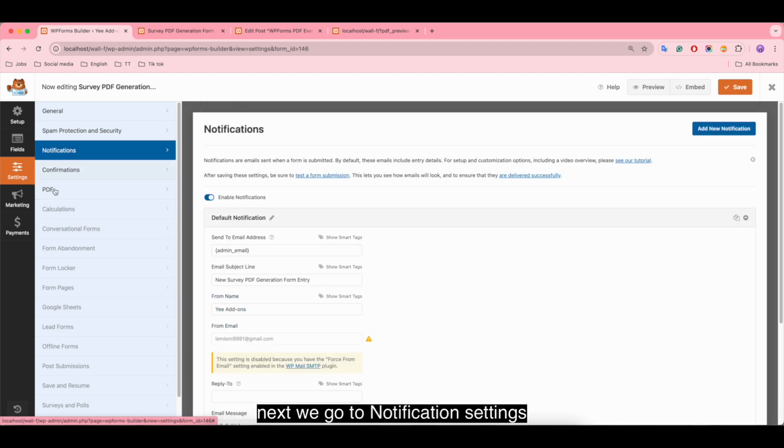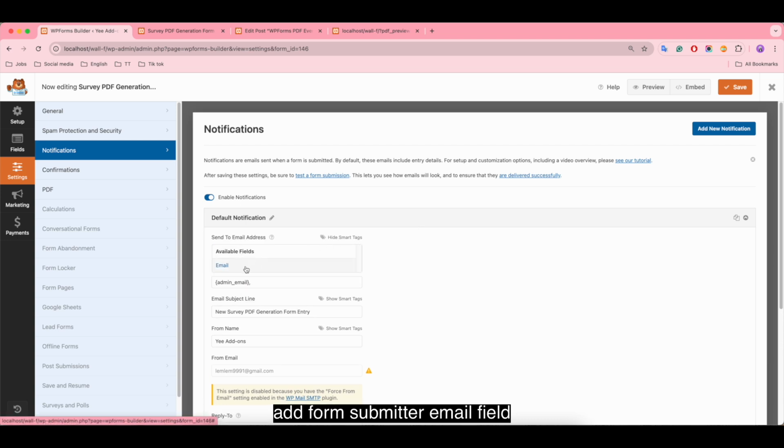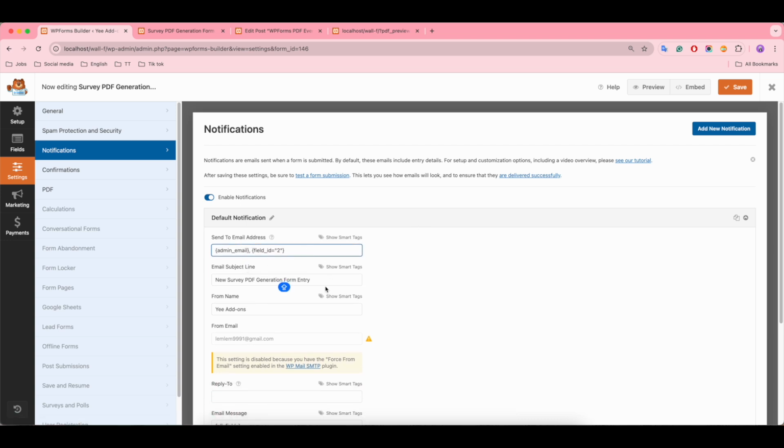Next, we go to Notification Settings, add the Form Submitter email field. Correct the email subject. Let's save and test the form.